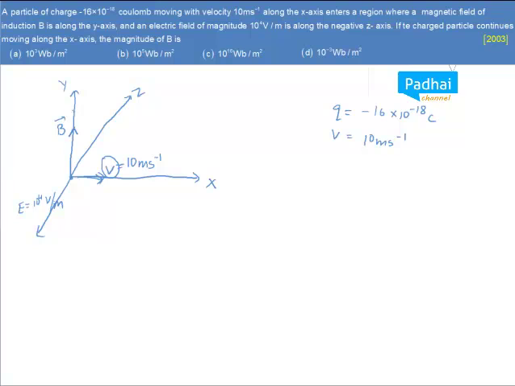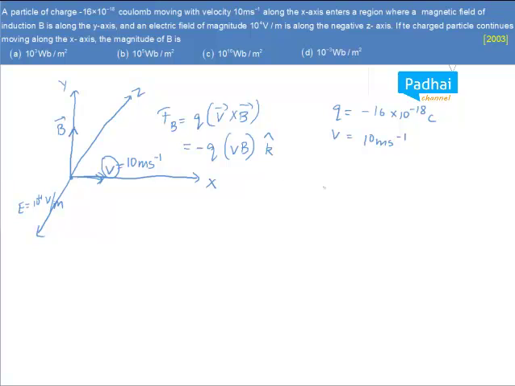Now let us see what are the forces that will be acting. Since magnetic field is in the upward direction, V is in this direction, force due to magnetic field is given by Q into V cross B, right? So that means this force will be minus Q, because this is the negative charge basically, right? So it will be negative, and V cross B, that means it will be along the z axis, right? So that means QVB,